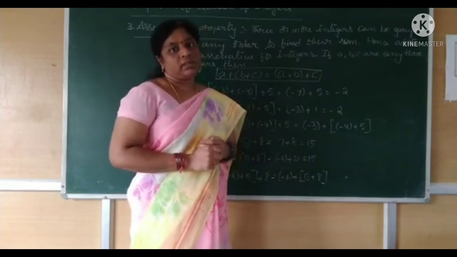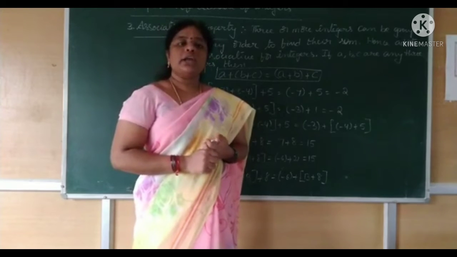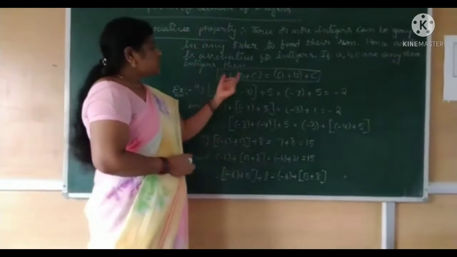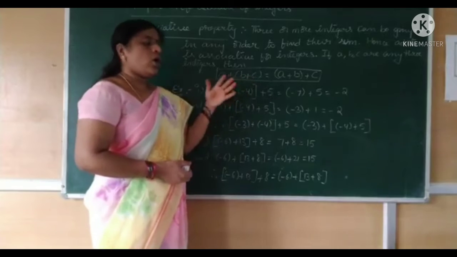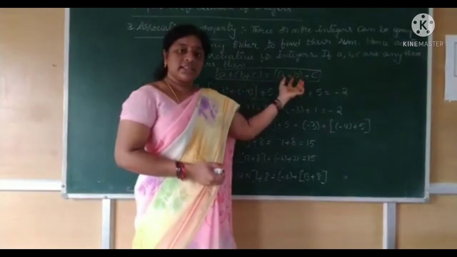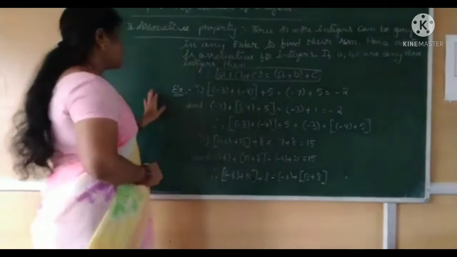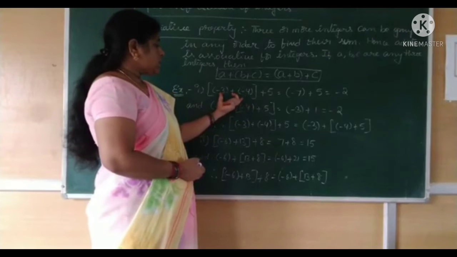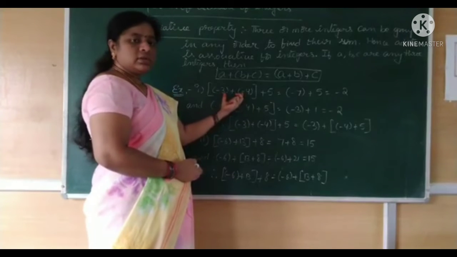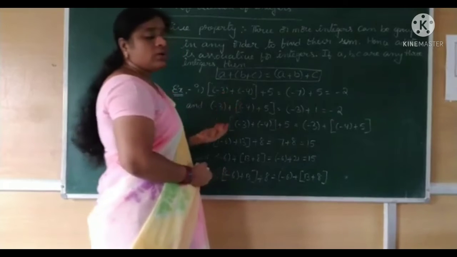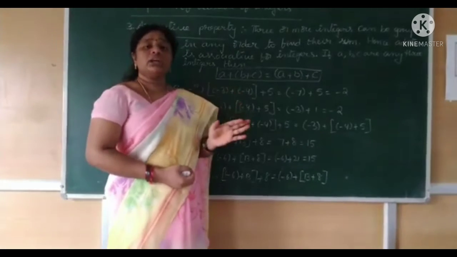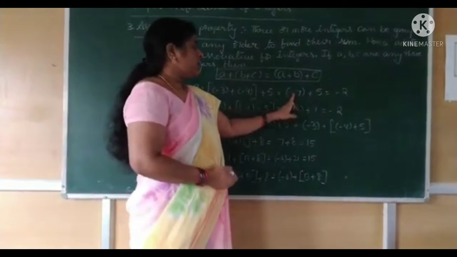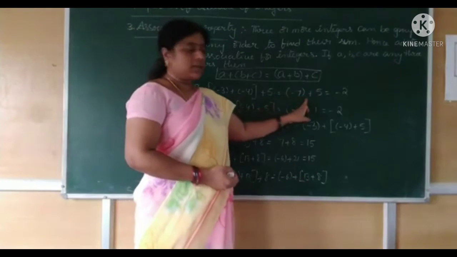For whole numbers, if a, b, c are any three whole numbers, then first find the sum of b plus c and then add a, or first find a plus b and the result is added to c. Okay, see example one here. Minus 3 plus minus 4, plus 5. First find the sum of these two. Both are negative integers, so just add the numbers and keep the sign. So minus 7. So 5 is added to minus 7.